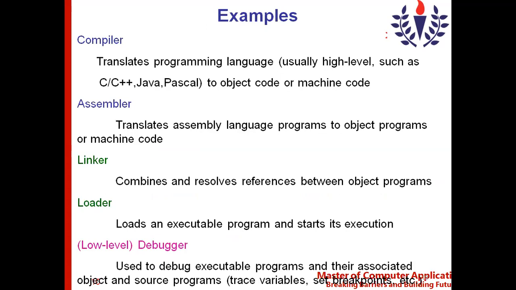Take the compiler, which is used to translate the programming language into machine code, or object code. Basically the compiler and assembler do the conversion. They translate the source program into an object program. When the source program is written in a higher level language, we use the compiler, whereas when you use an assembly language program, we go with the assembler. In both cases, compiler and assembler, we translate the source program into an object program.